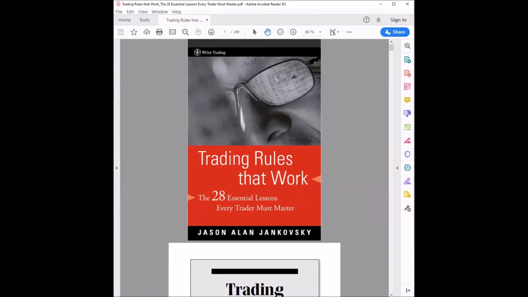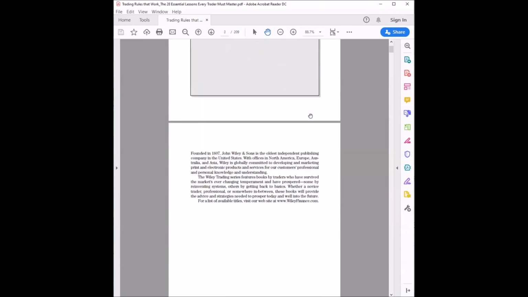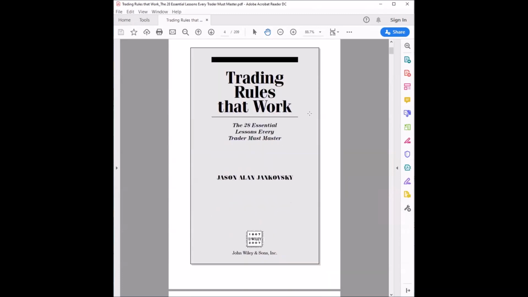We're going to look at Jankowski's rule number 5 and number 6 from the trading rules that work. And then after that, we're going to pull up the position sizing calculator that we haven't looked at in a long time. And we're going to take a look at it again for all the new people coming through the course,